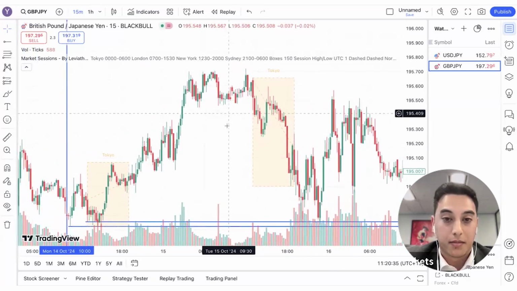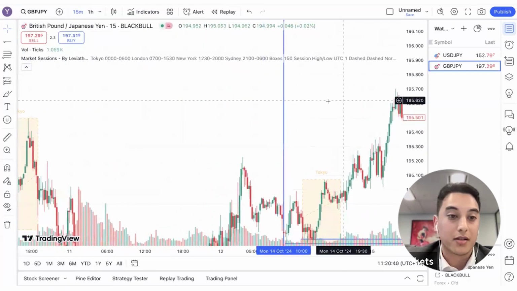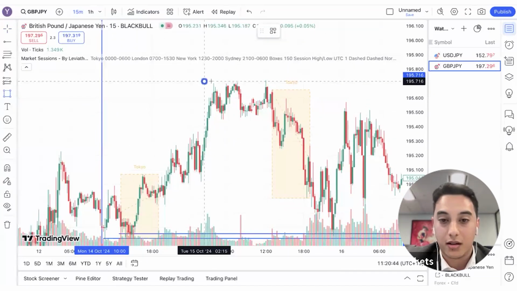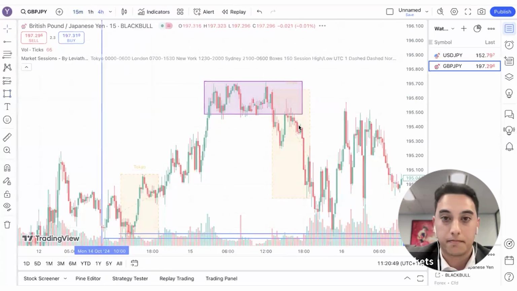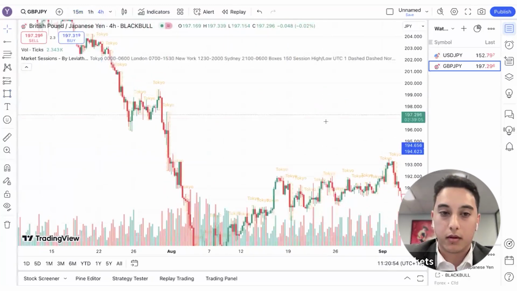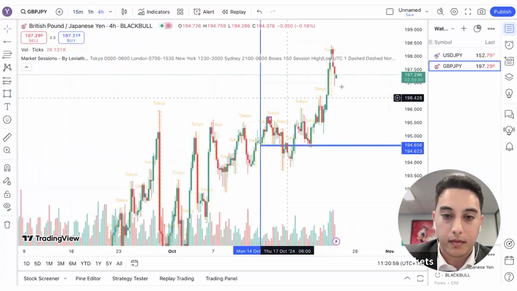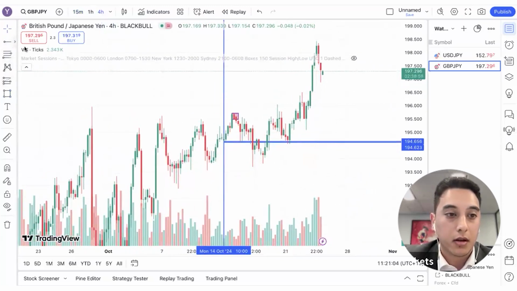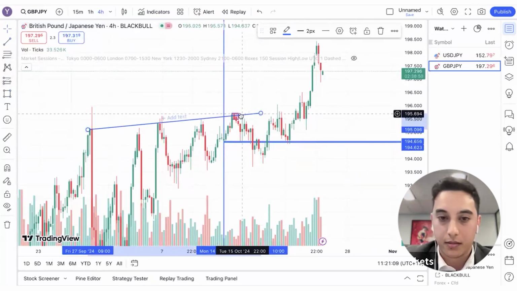So on Tuesday, what do we see? Right, we have a consolidation here. We're at our relative highs. And if you remember our market structure, if you look at the 4-hour, we're sitting at the top. So if we go back to a 4-hour, should be sitting somewhere at the top. Yeah. It's a bit messy, but how do we know we're at the top here? Because something like that, right?